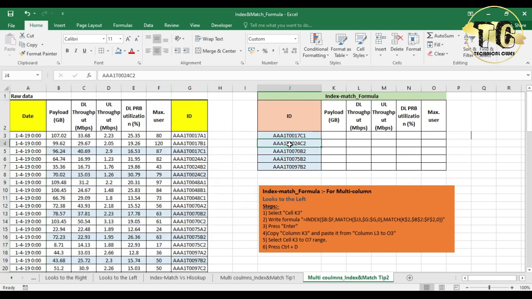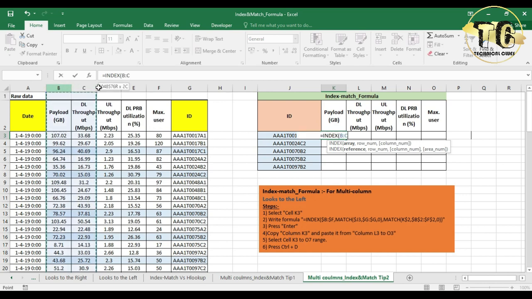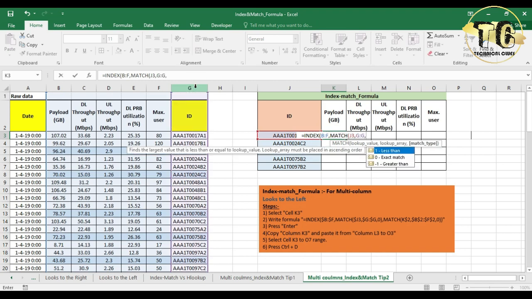So for this case, index match formula will be select K3 cell, write formula equal to index, select array range B2 F, comma, match lookup cell, comma, column G, comma 0 for exact match,